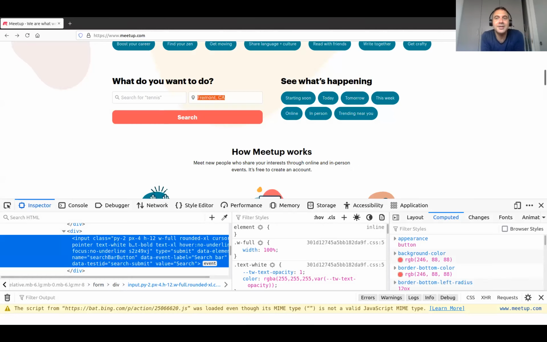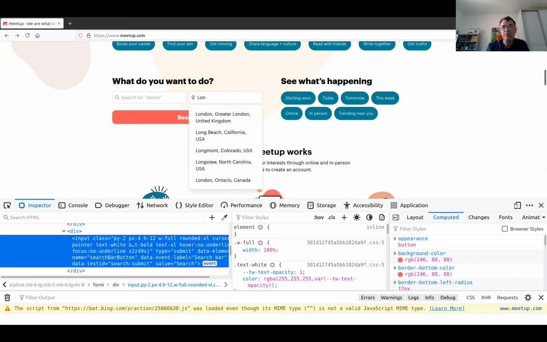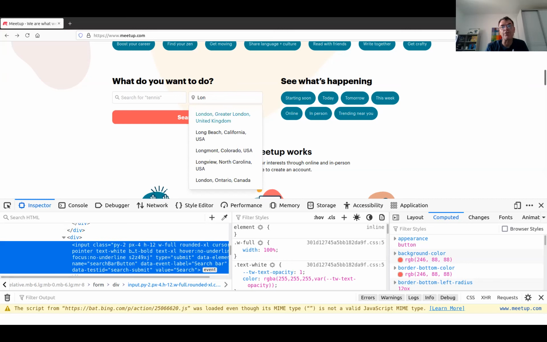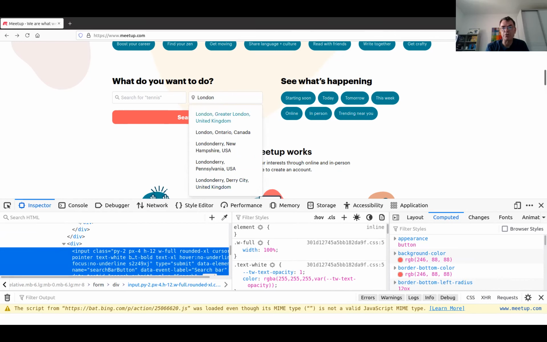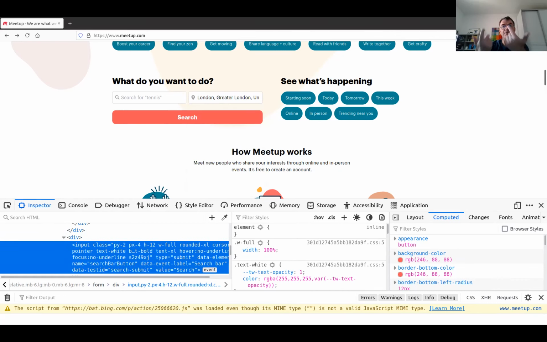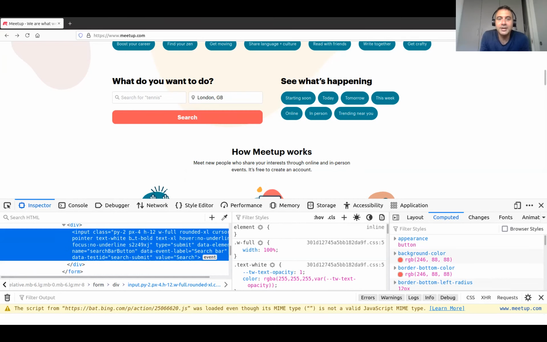Okay. You see, it didn't take days. It just took finding the right trick. So well, yes and no, sort of, because now we will have to assume that the first thing is the one that we need here. Yeah. But if you type London GB, then it's the first. I type in London, and I can click on the first one. Okay, let's do this. And then get the text and compare it to what we are expecting there. You are a tough tester, but okay, I can live with that.